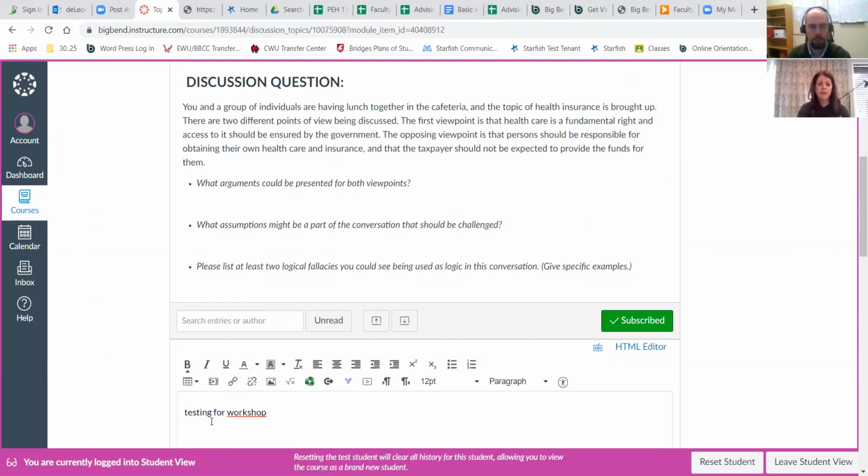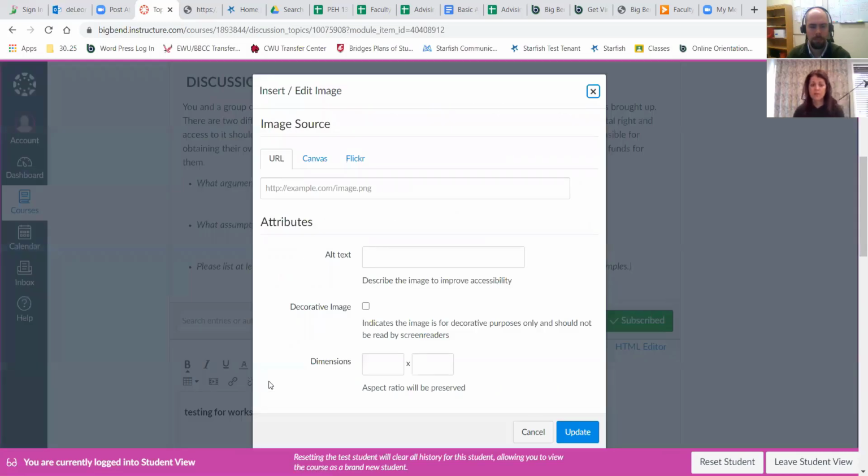We can make them italicized. We can change the font color and size and all those kinds of things. You can include links. You can add photos. So this is one of the things if you're asked to upload a photo